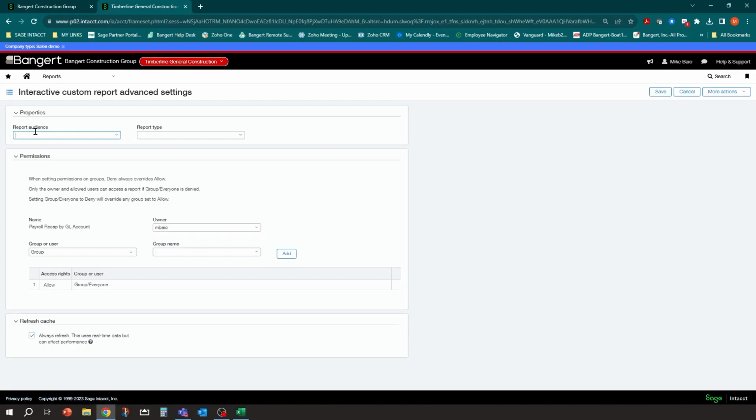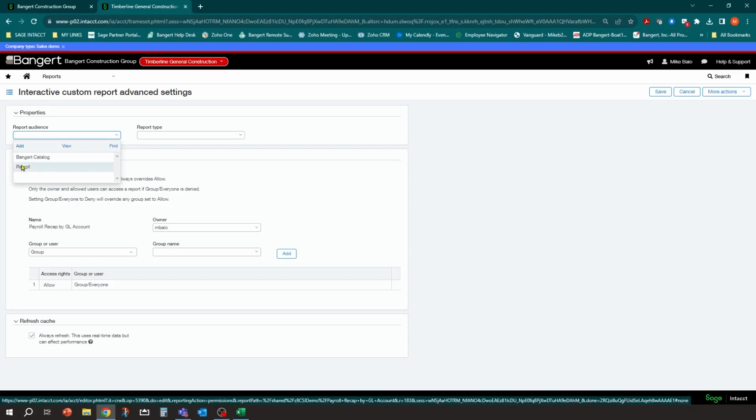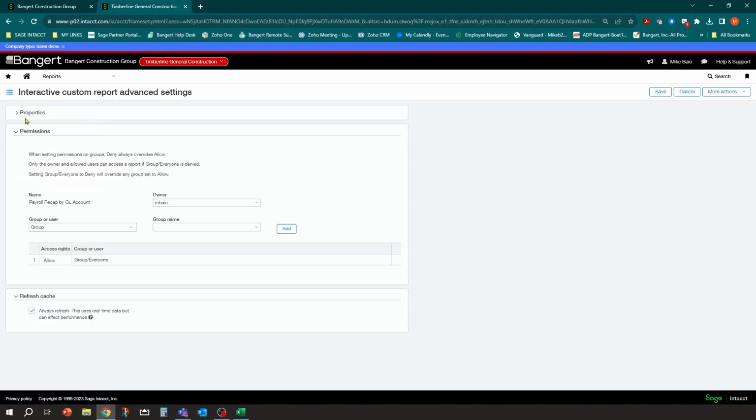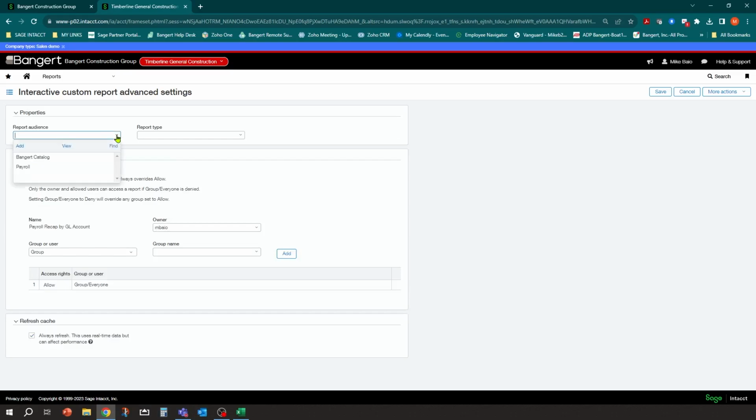And now you have this report audience and report type fields. And these are definable however you want them to be labeled. You literally can just come into here and click add with security, and you can label them. So I have, for example, an audience called payroll. And report type, I built year-end, weekly processing, monthly recap. So right now this one's set up for weekly, so I'm going to put it to the weekly group. And you can add your own groups.